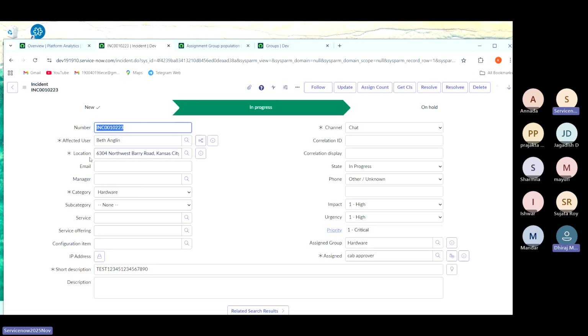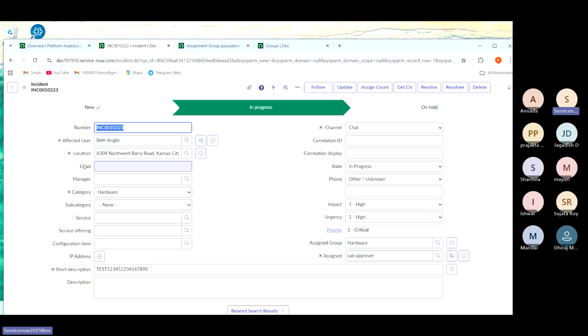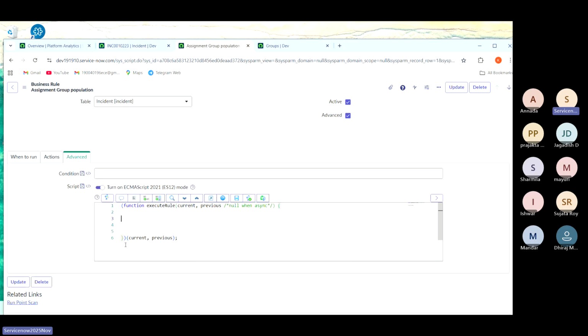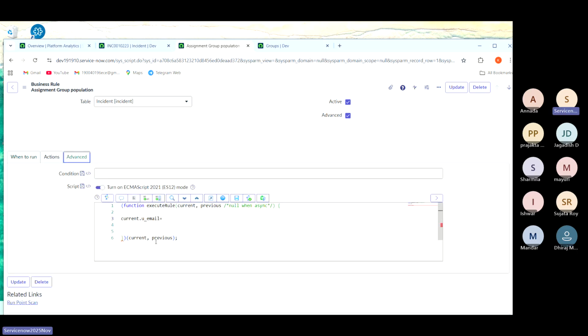In the same way, if I want to populate the email and manager of the caller, I can use this dot walking in order to access the reference field record field values. For example, let me populate the email of the caller. Current dot u underscore email equal to. I'll remove this condition because I don't require that. And equal to current